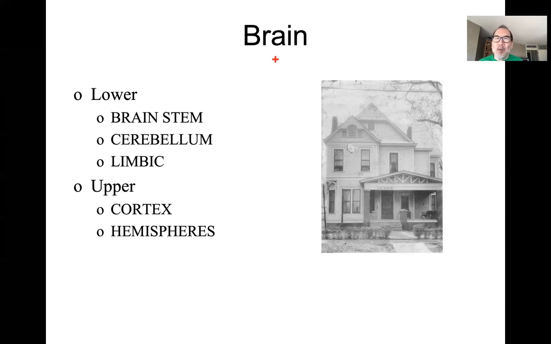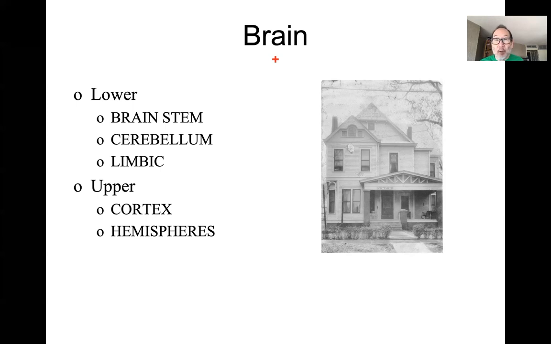Right? So lower levels of the house, like the basement and so on, deal with more basic things. Like there you've got the hot water generator, and maybe a lot of the wiring for the electricity starts off in the basement. And similarly, in the brain, you have important lower brain structures which are involved in more basic but really important life supporting functions. Whereas in the upper parts of the house, you deal with